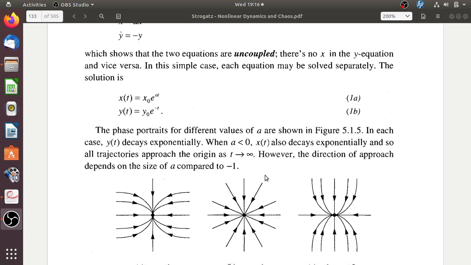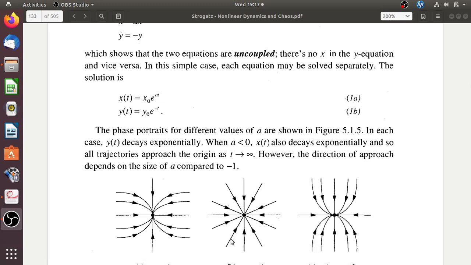there exists a set of initial conditions which will have a trajectory which is a straight line. For example, say this is that particular straight line and all other lines are not straight lines, they are curvy lines. Which means whatever the initial conditions along this straight line will have a trajectory which can be represented as a straight line in this phase portrait.